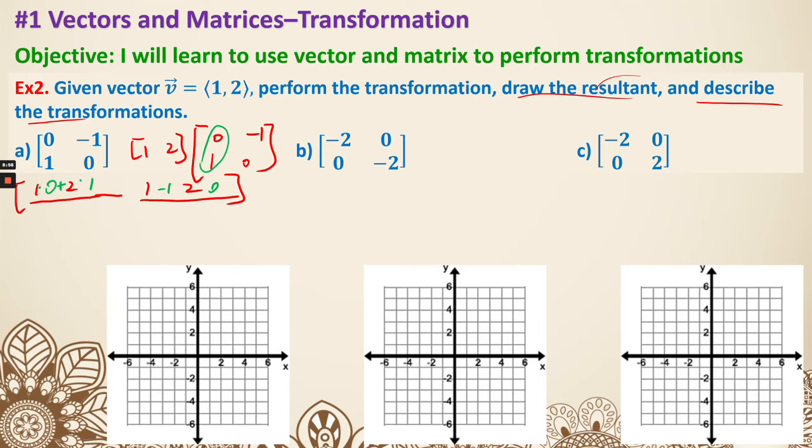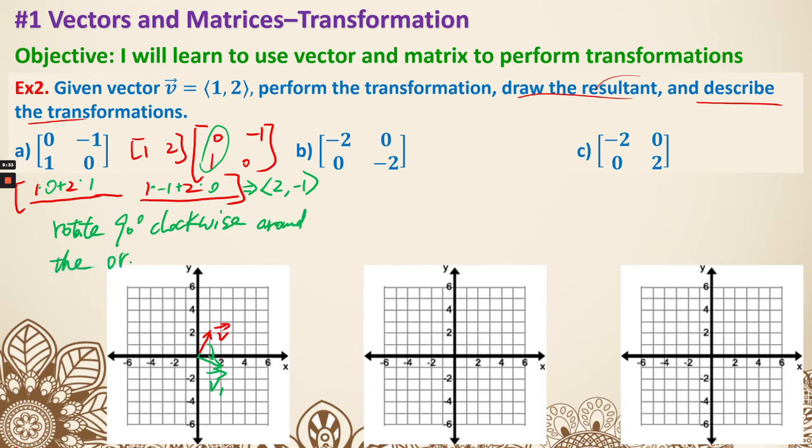Multiply, add. Multiply, add. We are going to end up having, I'm just going to change it into a vector already, a 2, -1. So we started with 1, 2. That's our vector v. But we ended up getting a 2, -1. That is our v1. And you can clearly see that is rotating 90 degrees clockwise around